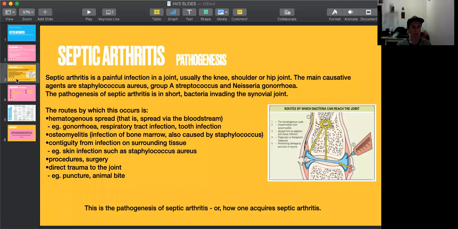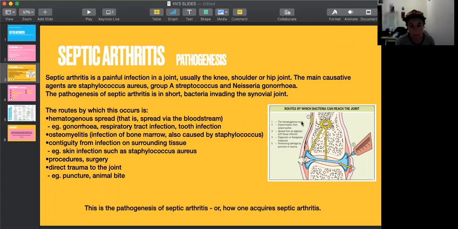So, septic arthritis is a painful infection in a joint, usually the knee, shoulder, or hip. The main causative agents are Staphylococcus aureus, Group A Streptococcus, and Neisseria gonorrhoeae. The pathogenesis of septic arthritis is bacteria invading the synovial joint. The route by which this occurs is